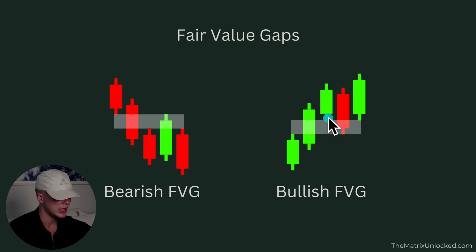When we pay attention to candle 3's low and candle 1's high, what you can see is that there's a difference between these two prices. Therefore, what must happen is that a retracement has to occur into that range, the range of the bullish fair value gap. So the range of the bullish fair value gap is the high of candle 1 to the low of candle 3. Take that range, extend it to the right, and watch how the market will react.